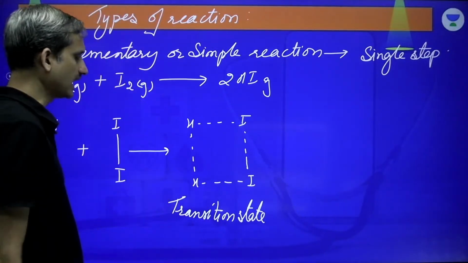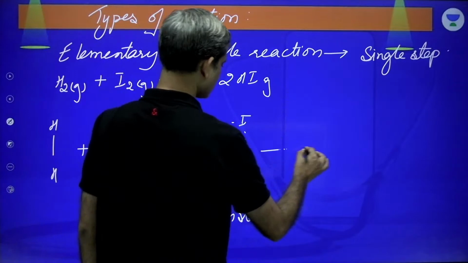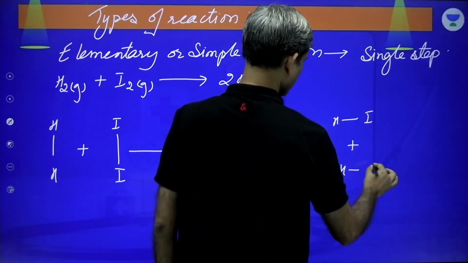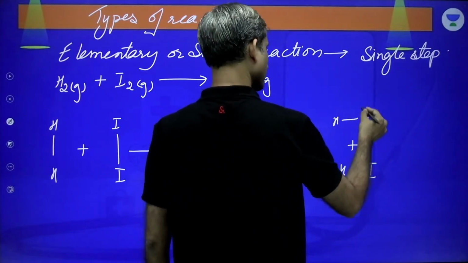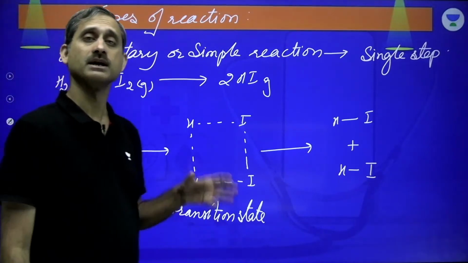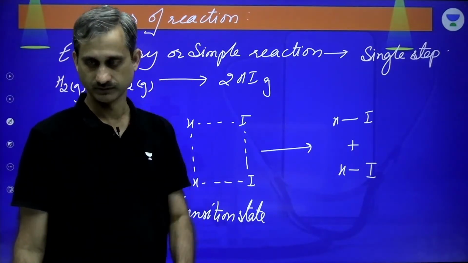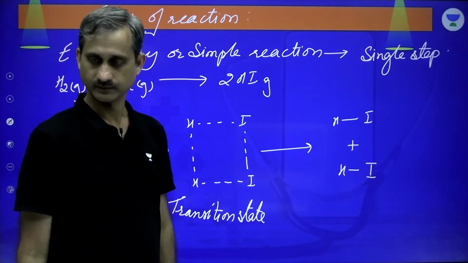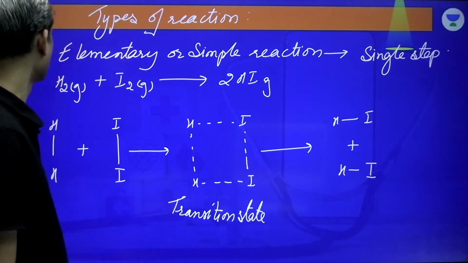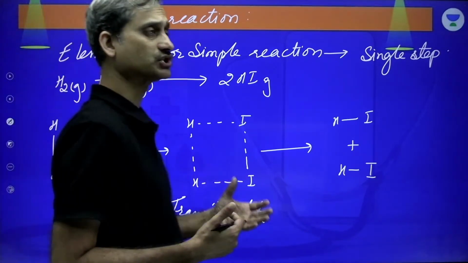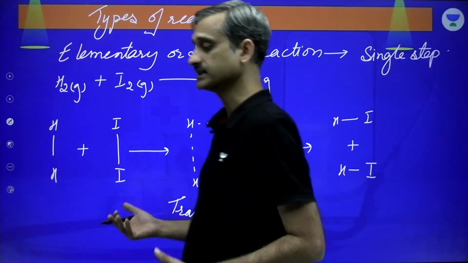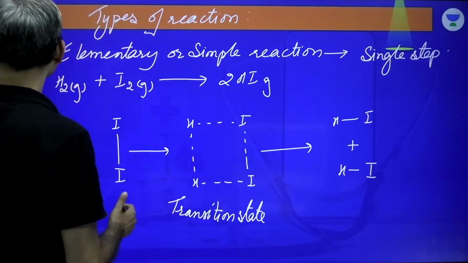Okay, so this is what we have as the transition state, and after this, the hydrogen-iodine bond is formed. The hydrogen-hydrogen bond breaks, the iodine-iodine bond breaks. This is a single step, simple reaction. Anybody has any confusion with that? Now, this is the transition state. So, we need to get the definition of what is a transition state. We know this is a transition state, but what is a transition state if somebody asks you? So, what we know is